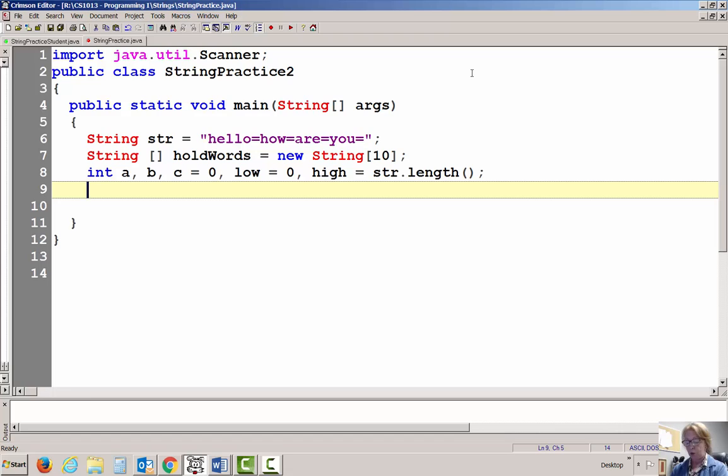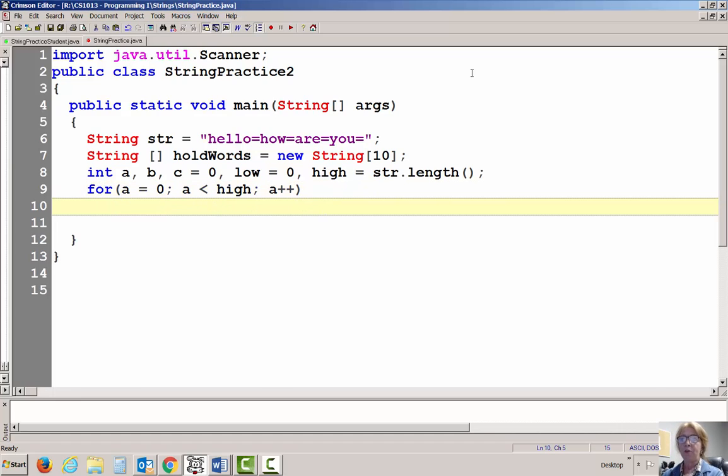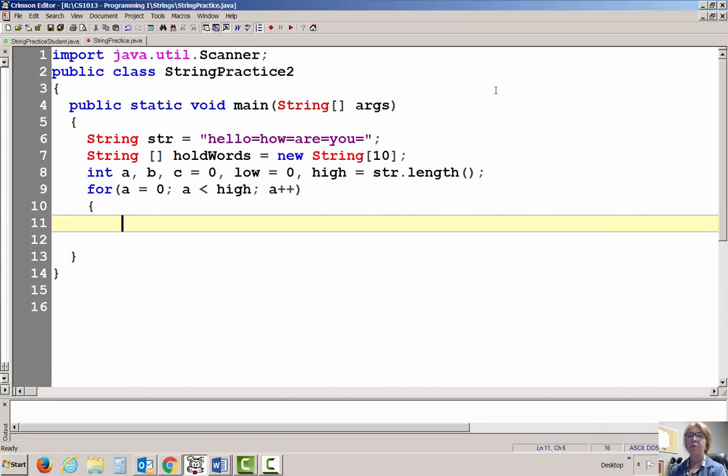My looping best would be a for loop. So I can say for, and I'm going to use A, and I'm going to start off at 0, as long as A is less than high, A plus plus. And I'm going to use A to look at that string one character at a time, the position in the string. So now I'm going to say if,